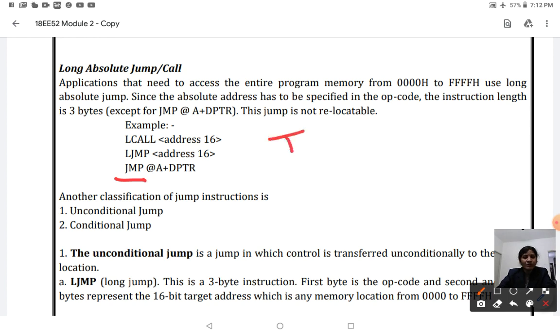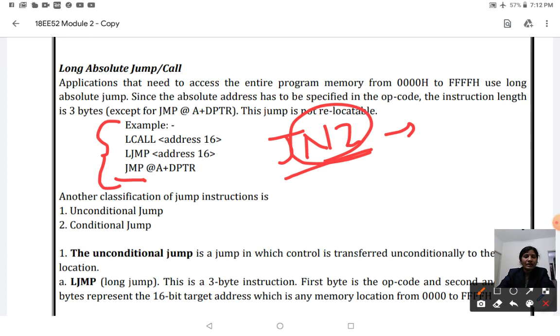Before, whatever you have seen, JNZ, it jumps on non-zero. It means that it has to satisfy some condition and then it has to move on to the particular row. Whereas here, whatever we have used, it is all unconditional branch instructions, that is, unconditional jump instructions. LCALL address 16, that is, here we will be specifying the 16-bit address without checking any condition.